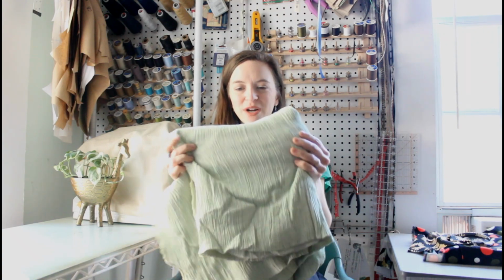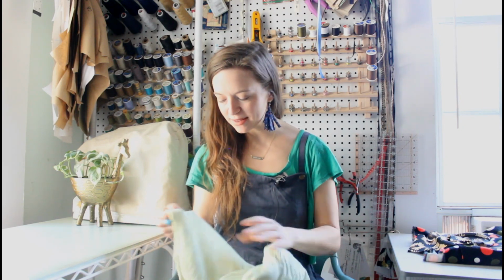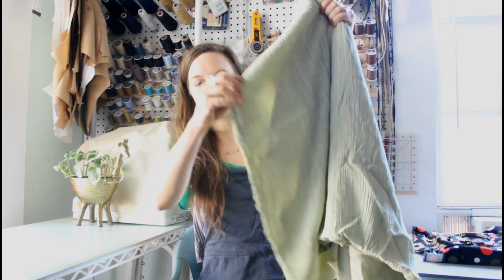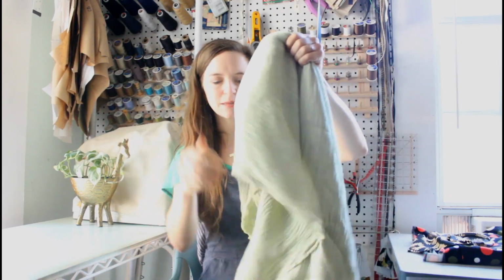And I found this beautiful, I don't know if you can see the texture, the crinkly texture, silky, crinkly, poly goodness on Thrifty Notion. It's already been washed, so it's extra crinkly right now. I will give it a light press because at the edges it is way more crinkly probably than it needs to be